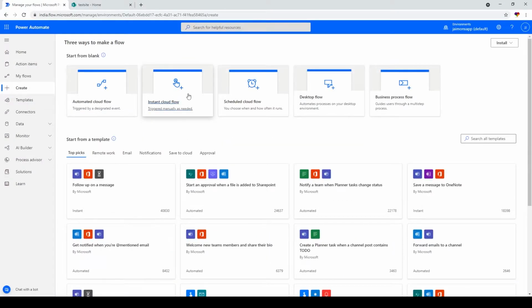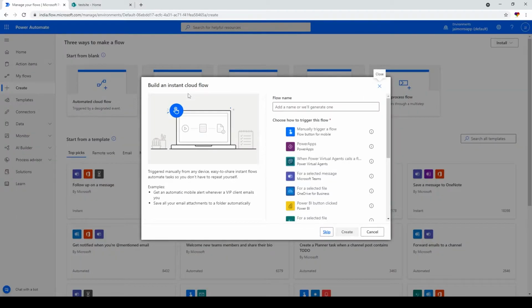Right? We'll start with an instant cloud flow, and this is how it works, right? So there is a trigger, and the trigger starts an action. It's as simple as that, right? I'm just going to add my flow name,